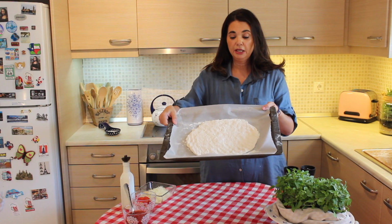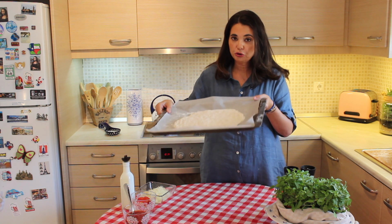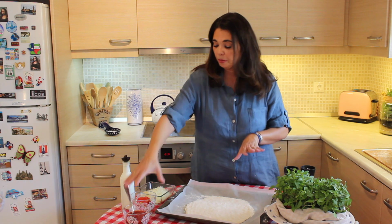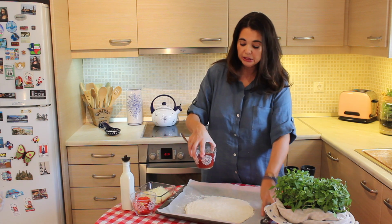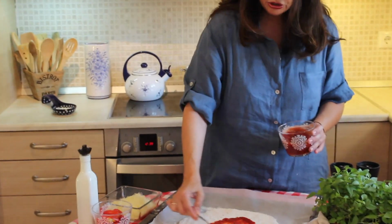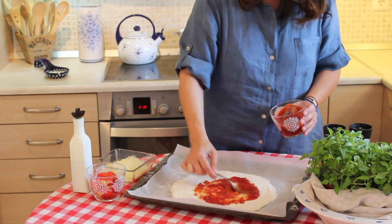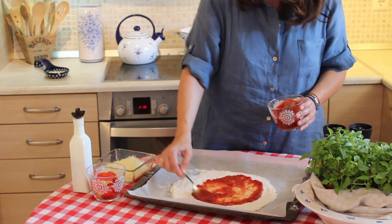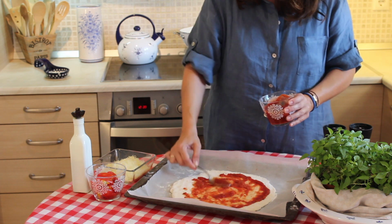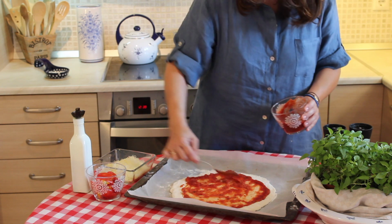So the pizza dough is ready, as you can see right here. It's so quick, it's so easy, it's so pliable. You can do so many things with this dough. So I'm just going to throw together a real simple pizza, no big deal. Just a little bit of marinara sauce, tomato sauce, pizza sauce, whatever you want to use, whatever you like. If you want to use the jarred stuff, that's fine. So I'm just going to spread across the dough some of this lovely sauce,